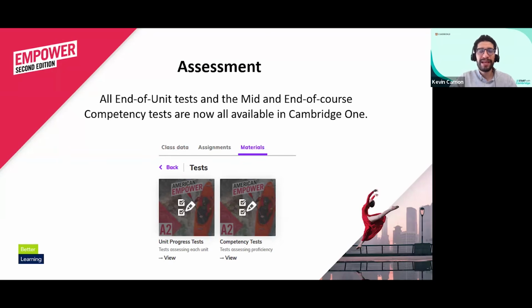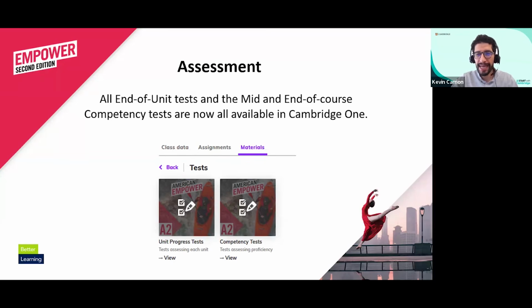And little by little, they will gain this confidence and familiarity with the structures of Cambridge English certifications. So whenever the time comes for them to sit a Cambridge certification, they are more confident. That is the intention of having this same format in the unit progress tests and the competency tests.